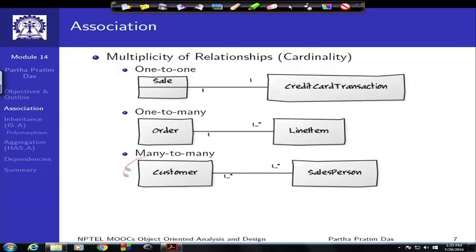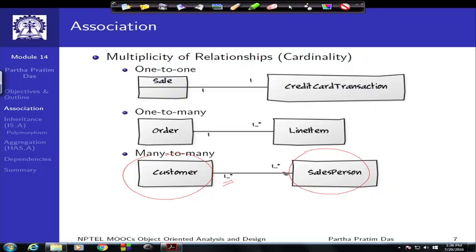So, if I take an object here and if I take an object here, then there may not be any unique relationship. One customer object may be related to one or more salesperson object, and one salesperson object in turn could be related to one or more customer objects. That is why this is designated in this manner. These are the many to many